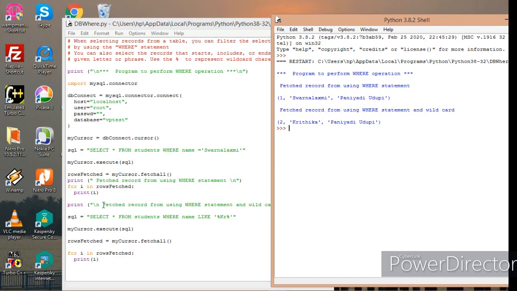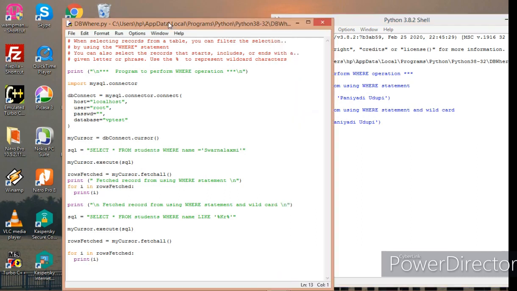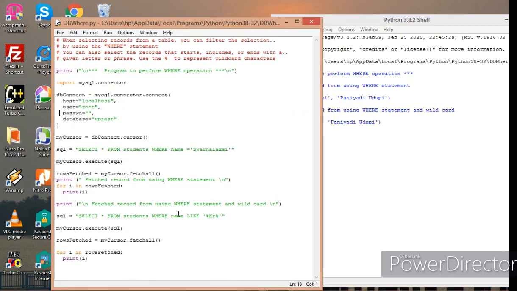Before using the wildcard, let's look at this: Swarnalakshmi, Paniyadi Udupi. This particular record is displayed. Next, as I said, we can also use the wildcard.